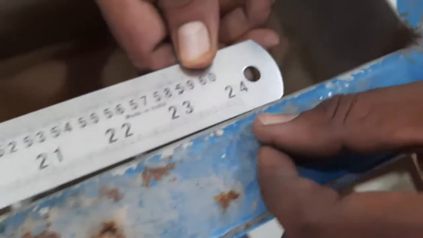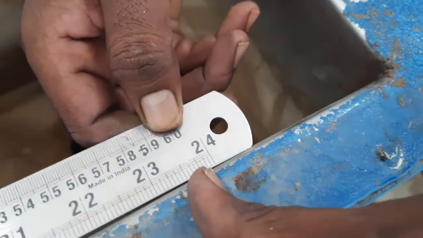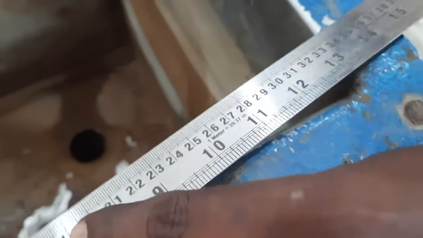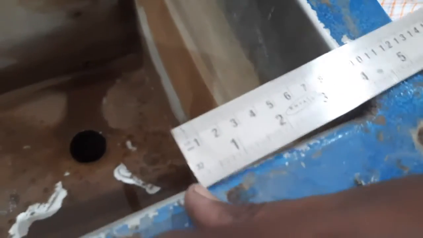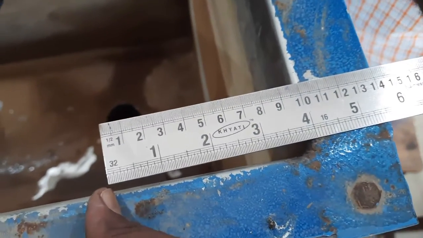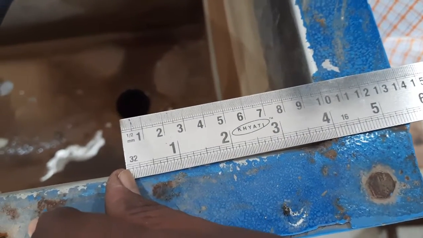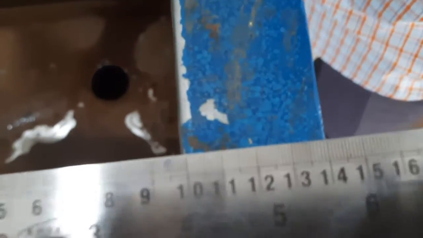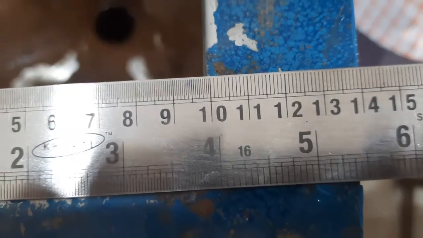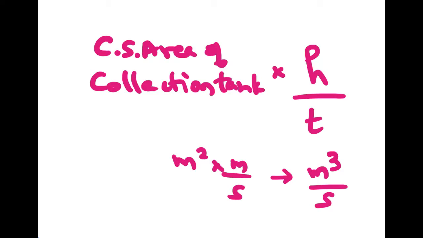Accordingly, position the scale and mark the point up to 60. Then again extend the scale and see what the dimension is. It is around 70 centimeters. So we will take 70 centimeters by 40 centimeters as the length and breadth of the collection tank. Once we have this length and breadth, the cross-section area is known. Now you can measure the time taken for a 5 centimeter rise, and we will get the volumetric flow rate: multiply the cross-section area by the height, divided by the time taken.